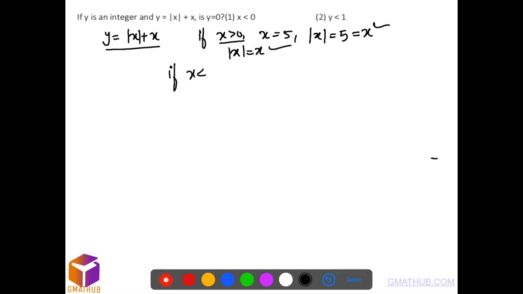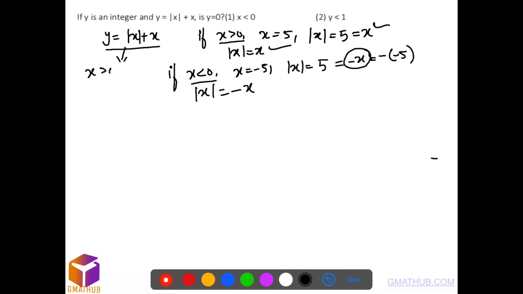If x is negative, so let's say x is equal to negative 5. So mod of x will be equal to 5. So that is equal to negative x, right? Negative of negative 5. So when x is negative, mod of x can be written as minus x. So here, if x is positive, y will be equal to x plus x, 2x, some positive